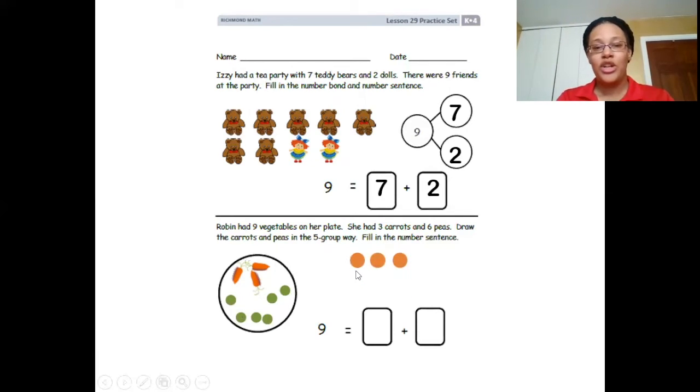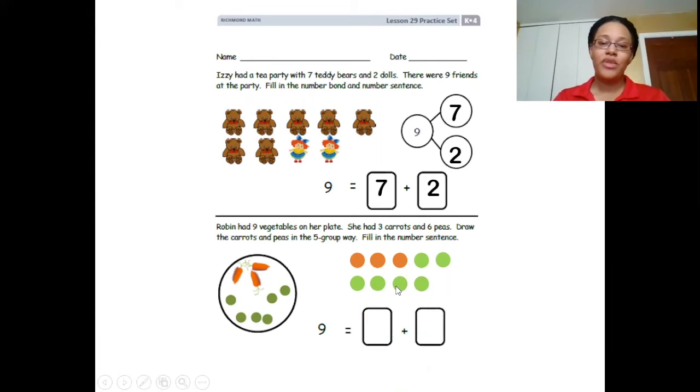We have 3 carrots. We don't quite have 5 yet, so that means we're going to use the 6 peas to help complete our 5 group. Let's see. 1, 2, 3, 4, 5, 6. So now we have 6 peas added. So our picture shows that we have 3